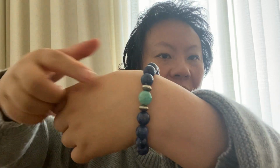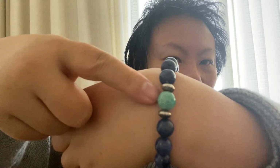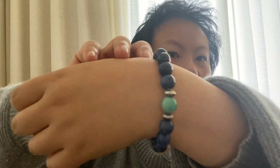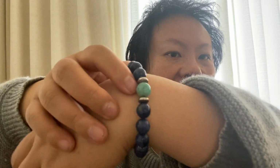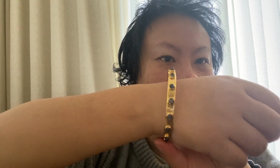This is a lapis and Larimar bracelet. Larimar is a sky blue stone striped white, and lapis is a gold-flecked dark navy blue stone, with these silver beads. It's really cute, and it's just stretchy. On this side, I have a gold plated, it's not real gold,